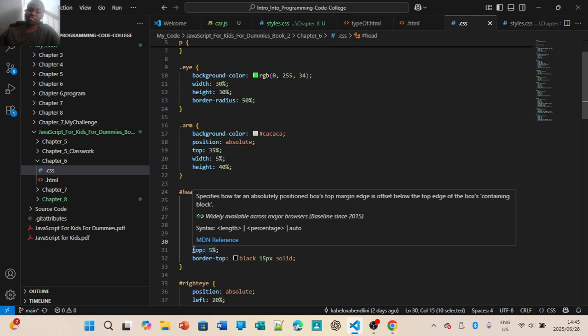Body, position absolute, left 25, top 35, width 45, height 55, background color black, padding top 30px, border bottom. So it's pretty much like right arm, left arm. Position absolute, left 21%, background color blue, border bottom green. Left arm hashtag person ID, position absolute, right 3%, width 27%, height 4%, background color green,